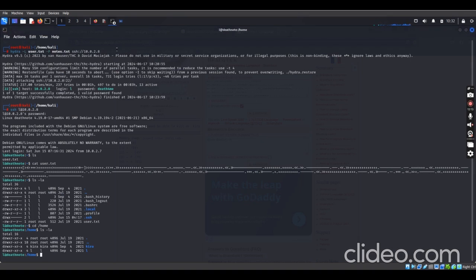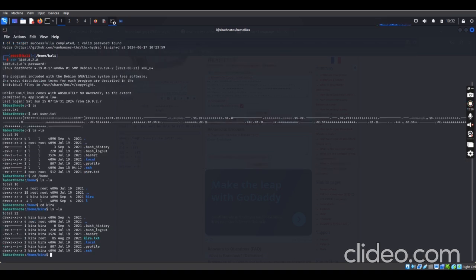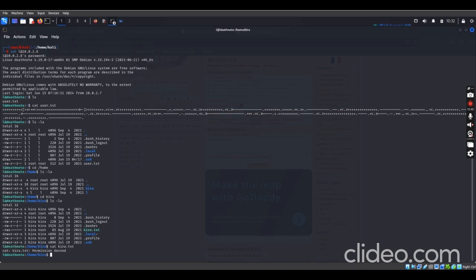So let's see what is in that folder called Kira. When we list all, we are able to see there's a text file for Kira here. Let's see if we can see what is in that file by catting it.